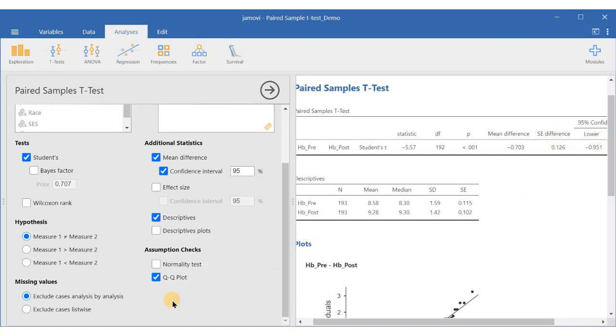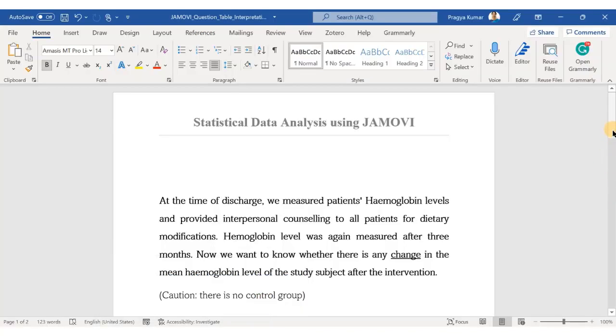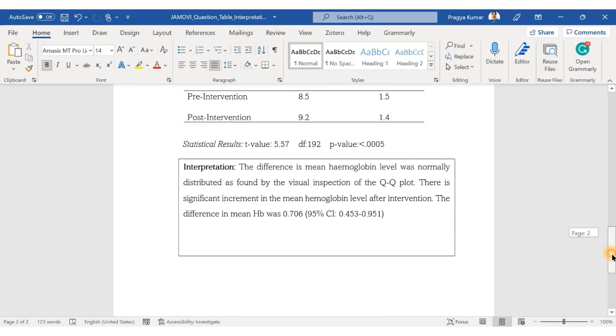Now you have to enter these results in the table. So this is my table. You can go down and see. So this is the mean and standard deviation of pre and post along with the t value, degrees of freedom and p value. And this is how we write the interpretation that the difference in mean hemoglobin level was normally